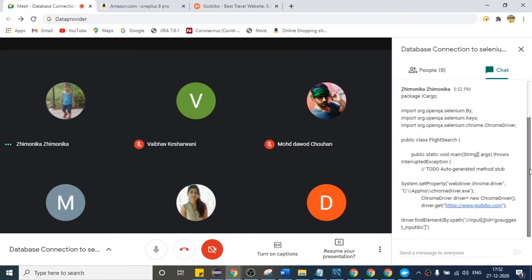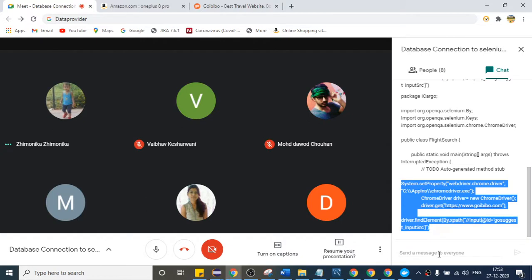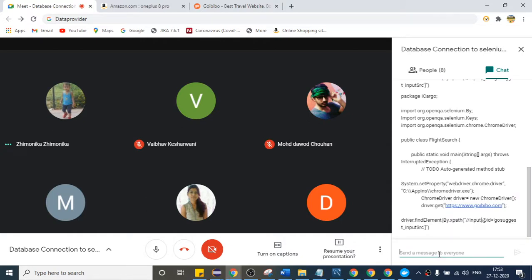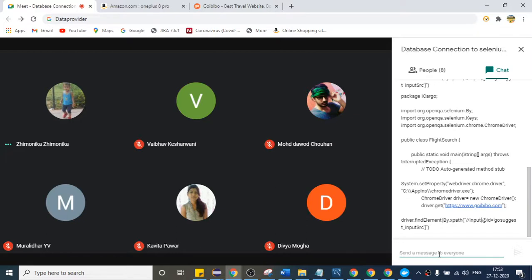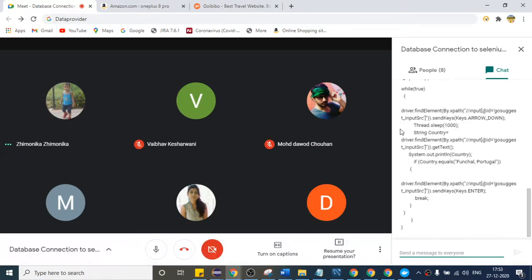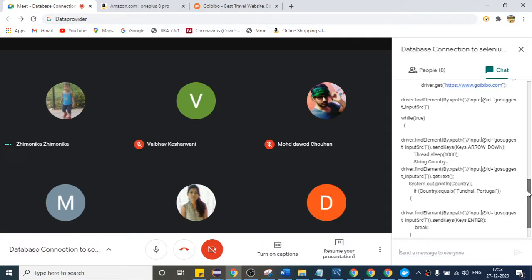So this is the whole code? I don't think so, only half the code you have pasted. I don't know why only half the code is coming. Here is the next half.